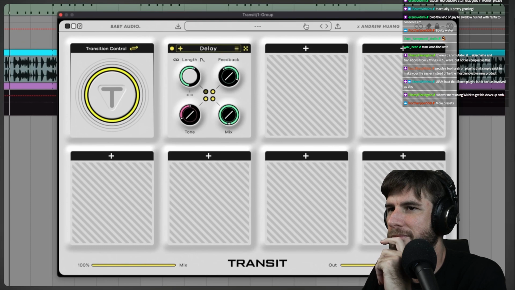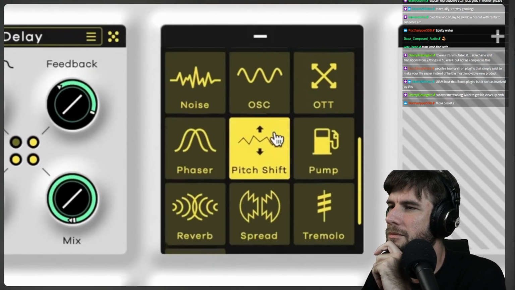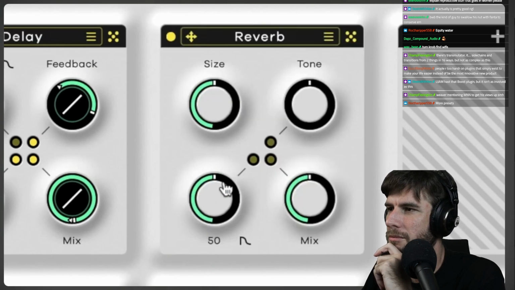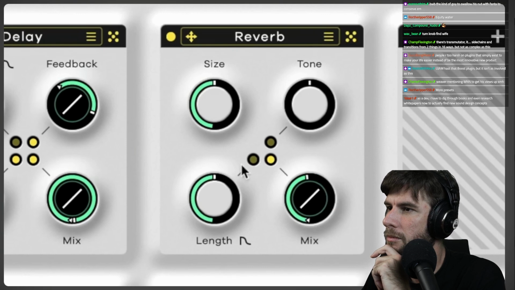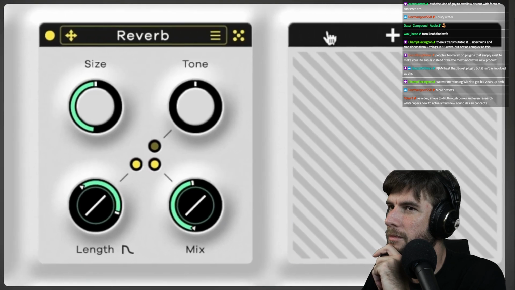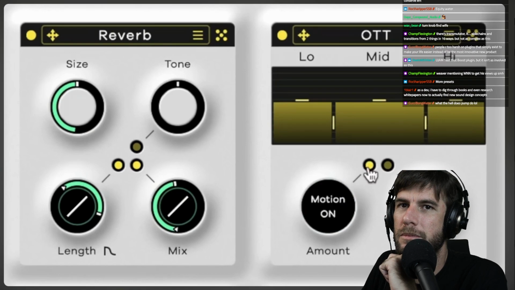Hopping between different plugin windows and automation lanes and all that. This is a super streamlined workflow. So for example, let's do a classic washout, put a reverb on here, have it go from 0 to, we don't need to go completely wet, maybe around 50. The reverb can get longer as it goes on. And then over here, let's drop in OTT, and we'll just have the amount go.